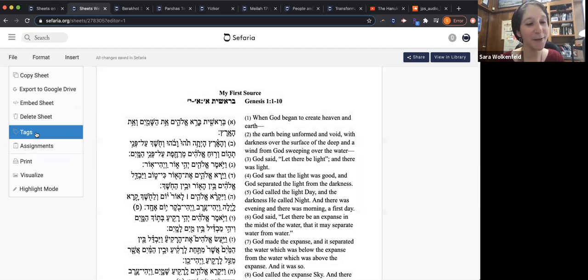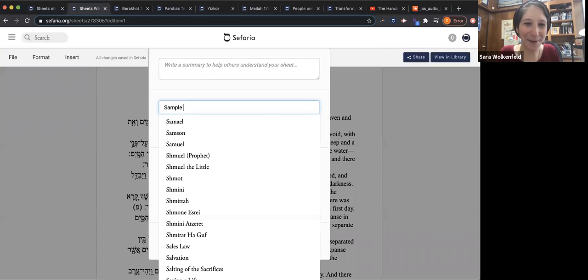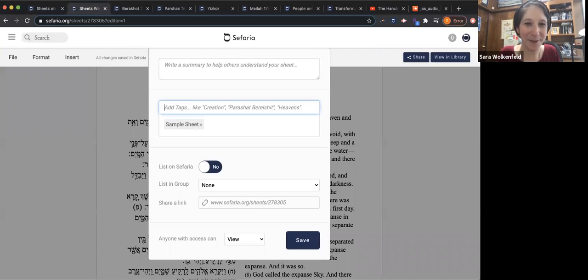And the other option here that's I think really important for our purposes today is tagging, because when you tag a sheet, that's how you let people know how to find your sheet. It's also how you make your sheet findable to you again in the future. So it's going to be really important for me to know that this is a sample sheet. So I'll type sample sheet, that I created it for a webinar.